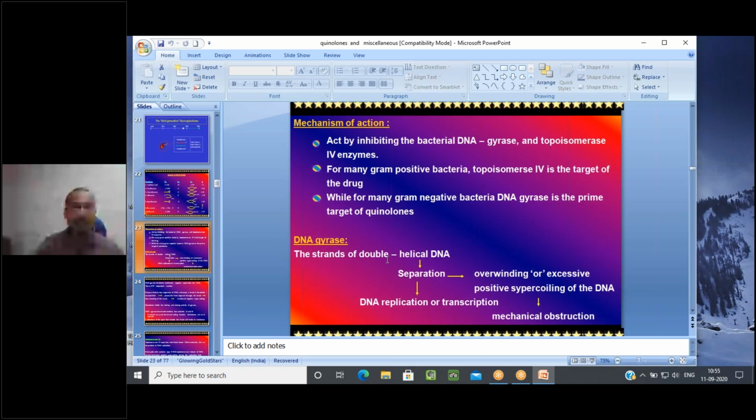This is important for multiplication of various microorganisms. Here the strands of double stranded helical DNA must separate. This is a normal process of DNA synthesis and formation. DNA gyrase is a must in the case of gram negative bacteria. The double stranded helical DNA should separate, and replication and transcription will take place. This is the normal process, whereas in the absence of this one,